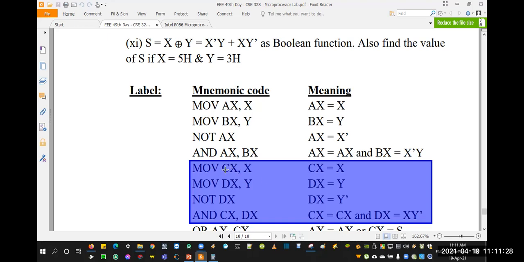If you move here into Ax and Bx, Bx will give no problem, but your previous result will be destroyed. So you must use a different register, or another way is to store this value somewhere else, so that you can get it when you want to do the final calculation. That's why we have used registers other than Ax and Bx. So here we have used Cx and Dx, and we finally got the result of xy bar in the Cx register.